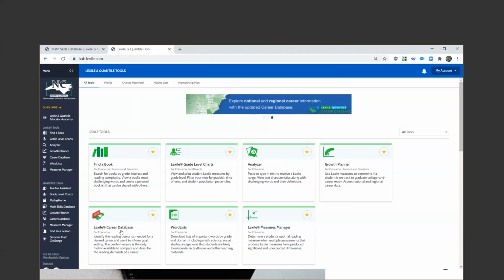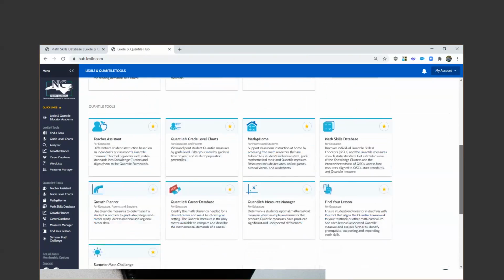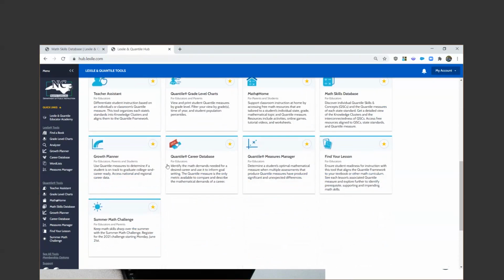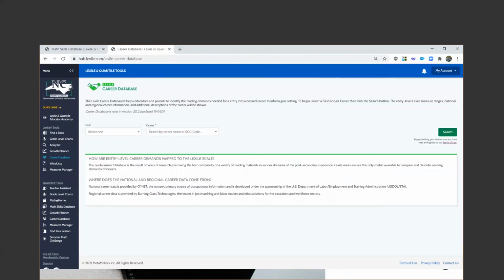And educators have at their fingertips not only the Lexile career database, but this is an example of a tool that also has a parallel on the Quantile side, the Quantile career database. I'm just going to jump in here to the Lexile career database for just a moment. And what the career database allows you to do is to have some concrete data to describe for students what the reading or the mathematics demand, if I were in the Quantile career database, but what the reading demands are